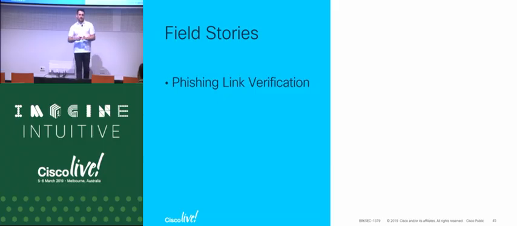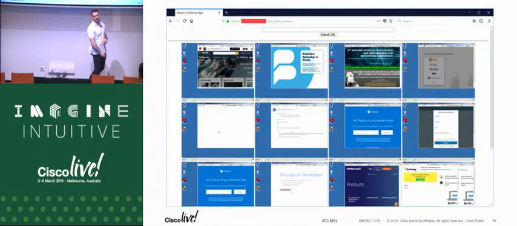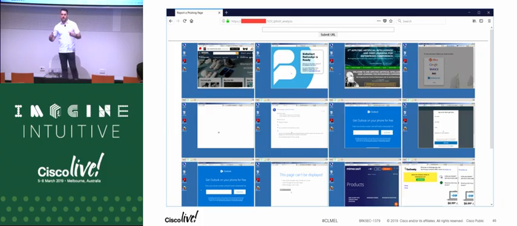Rather than having their analysts have to log into the product, submit a URL, monitor that, sit at that console waiting for it, they built this. Nice page, right up at the top. They can just drop that URL in, hit submit. Each one of these windows you see is an active sample in their environment. And it just makes it very easy for the analyst to sit and look and say, which one of these